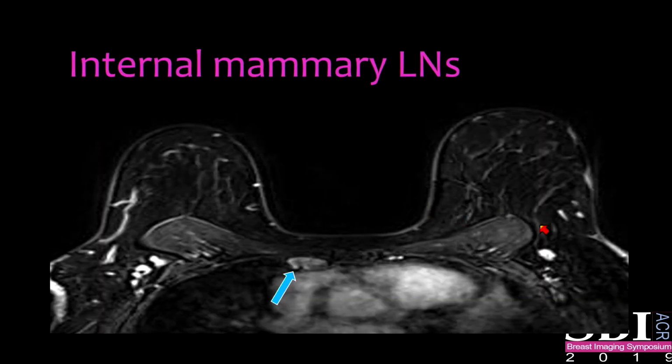The other thing we can see on cross-sectional imaging is the internal mammary lymph nodes. And internal mammary lymph nodes will also change a little bit with age. But anytime you see an internal mammary lymph node which is about 5 to 6 millimeters, that's generally considered abnormal. So we'll give the number and the characteristics of these lymph nodes on an MRI report. And if the team is really suspicious, they'll probably get a PET scan before they treat these.